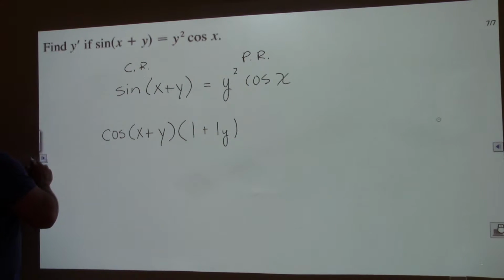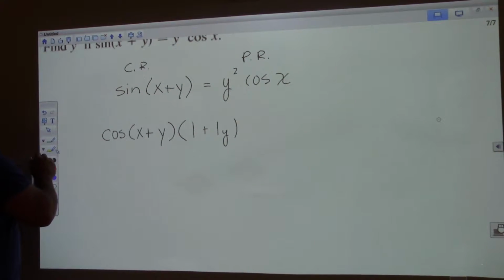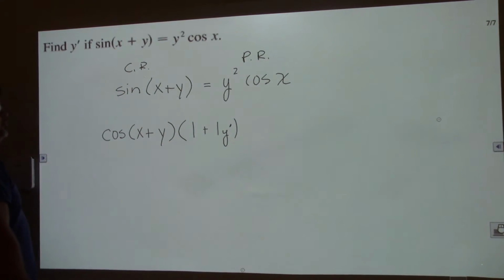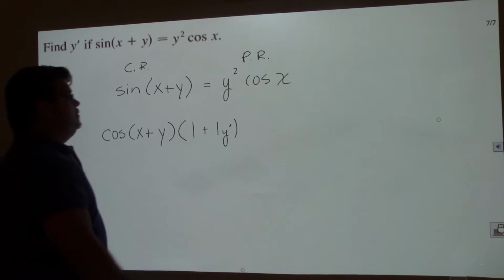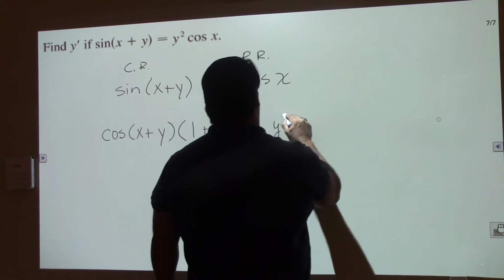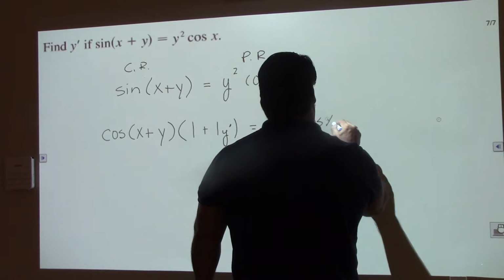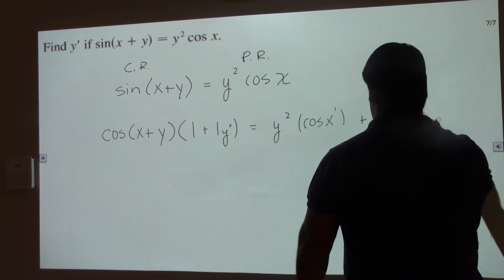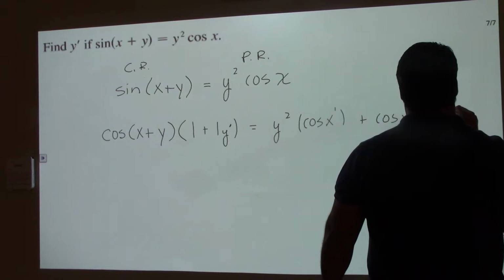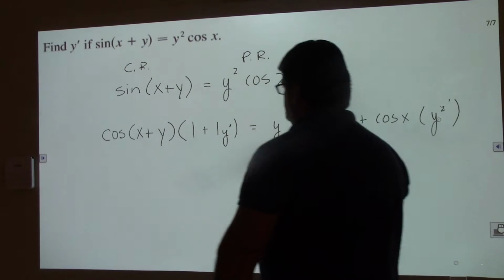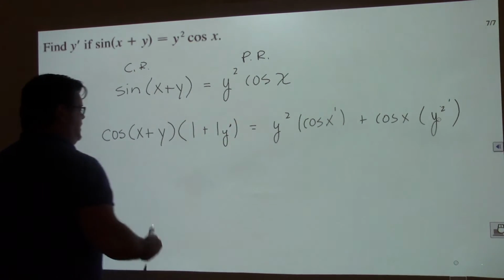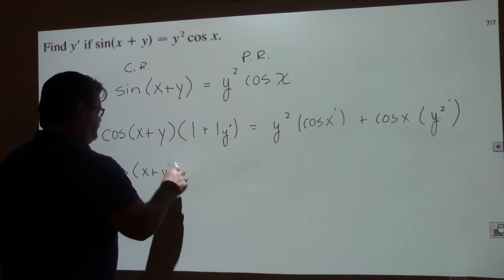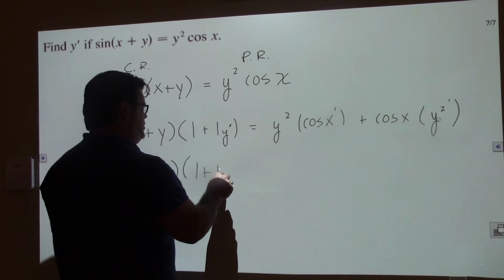I still don't know what happened to the eraser, but now it works. So, equals first times the derivative of the second plus the second times the derivative of the first. Okay, we've already done the left side, so cosine of x plus y times 1 plus 1 y prime